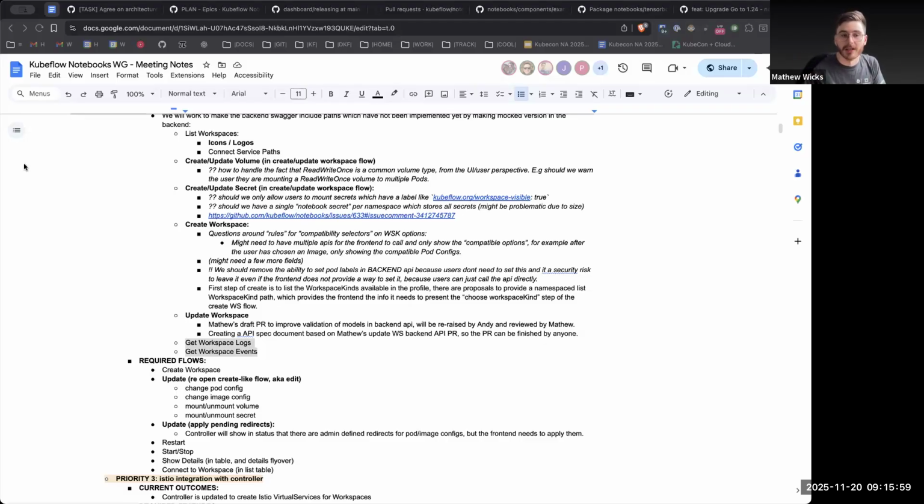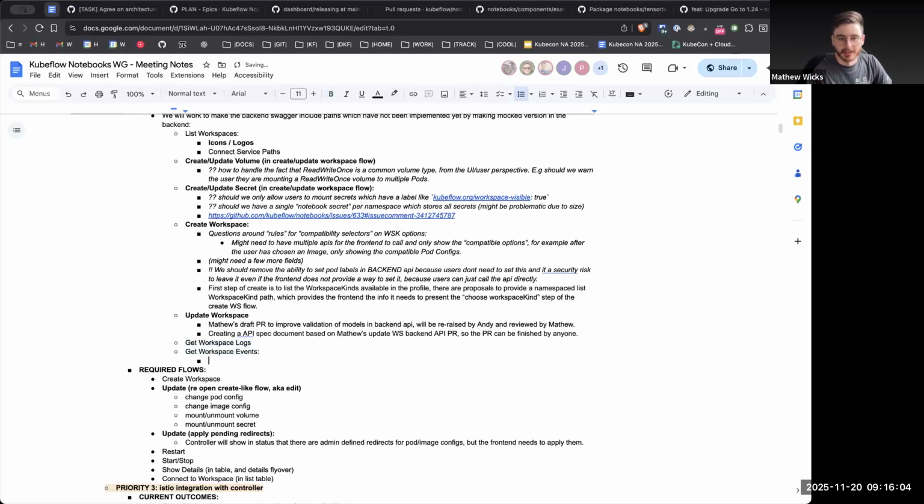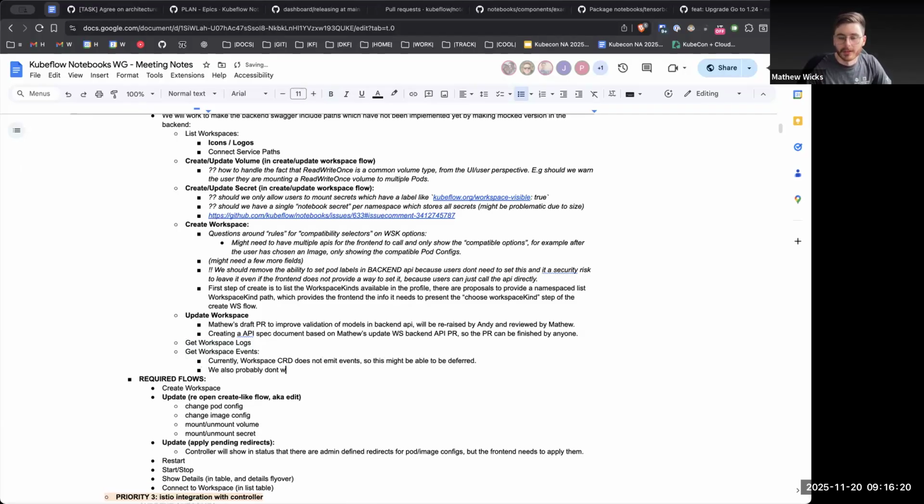I'm just going to say here, currently the Workspace CRD does not emit events, so this might be able to be deferred. We also probably don't want to show pod events because these should be summarized by the workspace state fields.